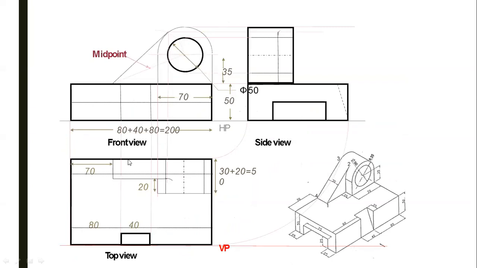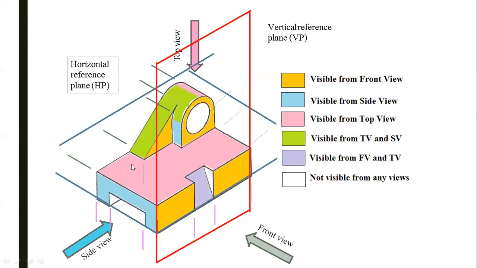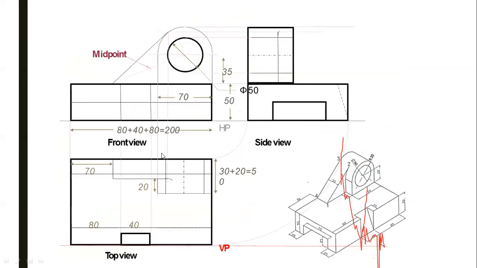what about the top view? In the top view, this complete base portion will be visible to you from here, hence it is pink, and this portion is pink. Now the remaining portion visible is this complete green, while this is pink. Okay, this is the back portion. So this half portion is similar to the remaining half portion, as it is symmetrical. So it is to be drawn like this.